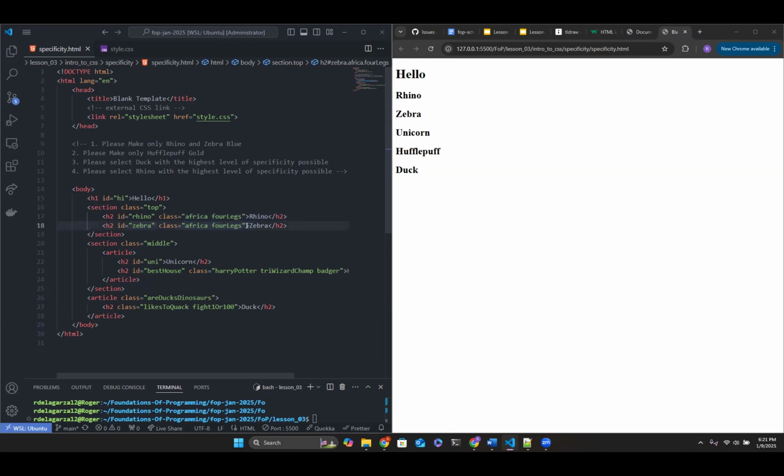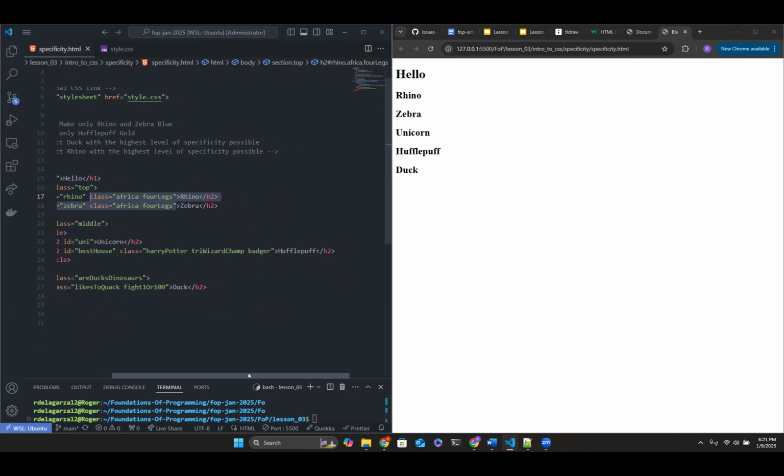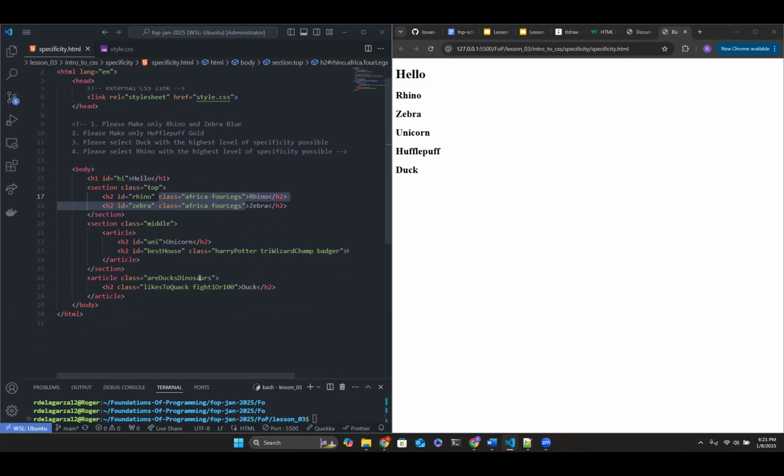It would make sense that I want to start with the lowest level of specificity. So I would want to do classes. But before I do this, I might want to make sure that nothing else has Africa and 4 legs. That's going to change anything else. So I see here that nothing else had Africa or 4 legs. So I'm probably free to use CSS on either one of the specific classes. Now, which one you choose is going to be up to you, whether it's Africa or 4 legs, but either one or the other is what you would want to call when adding the CSS. So let's go ahead and do, I'm going to take Africa.